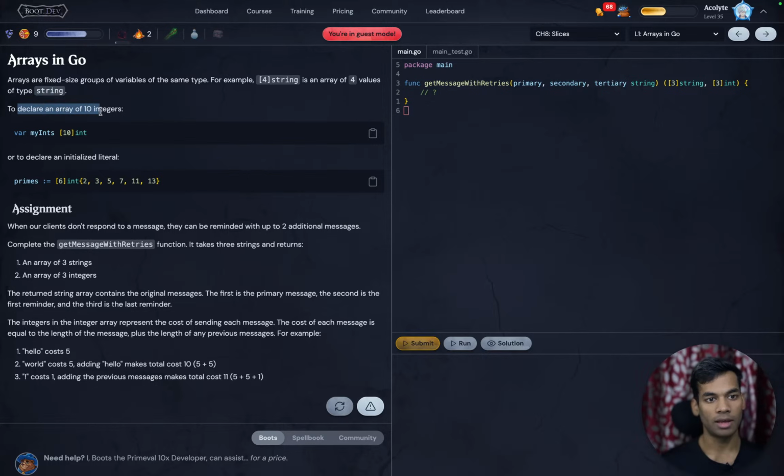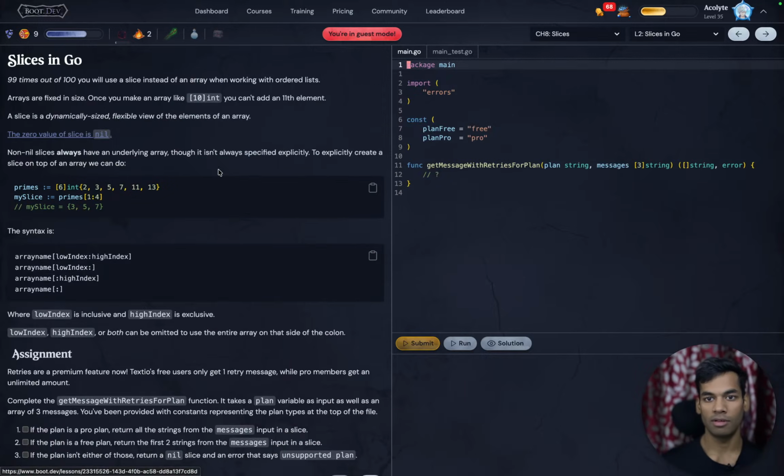To declare an array of 10 integers, we just do this, [10]int. Or to declare an initialized literal, we say [6]int, and these are the 6 values. Makes sense. And assignment, whatever it is. Okay, this makes sense. We can declare like this and declare and initialize like this. Makes sense. Slices in Go, 99 out of 100 times you will use a slice instead of an array when working